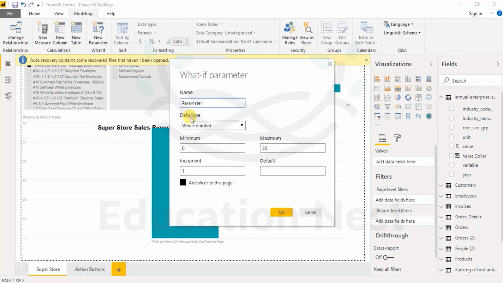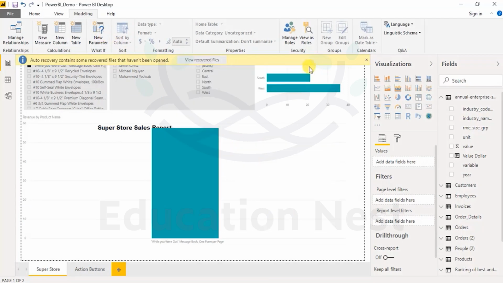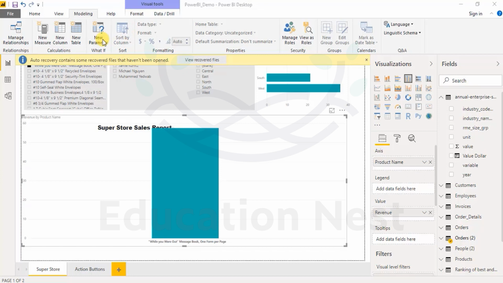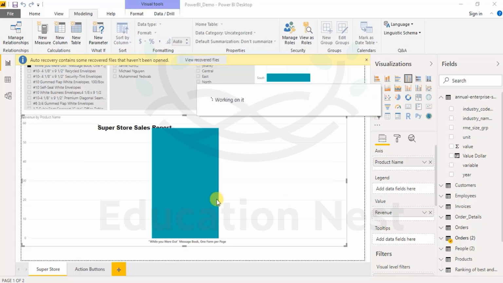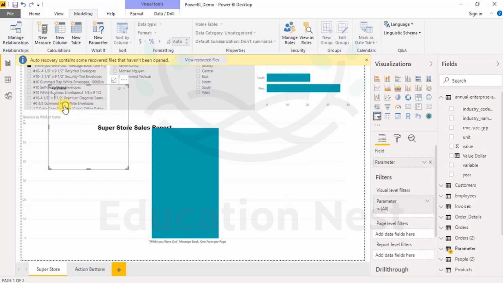New parameter. What if, based on what? Let's select this. Now you say new parameter. It's a whole number, 1 to 20. Add a slicer to the page. Let's see what happens. So now